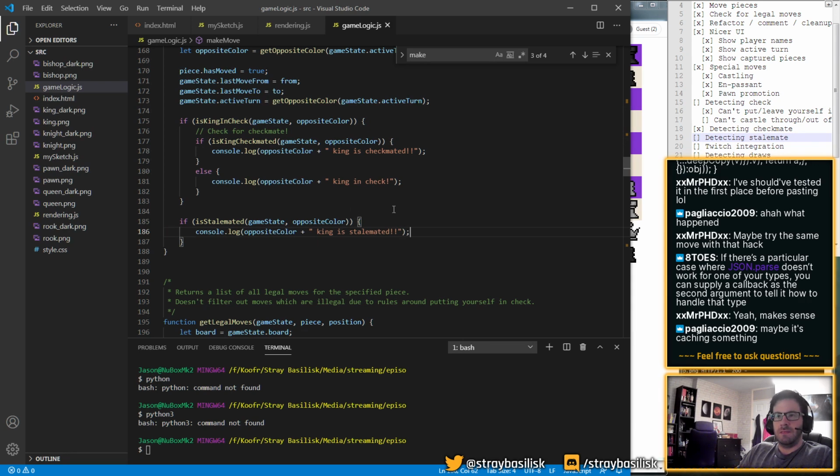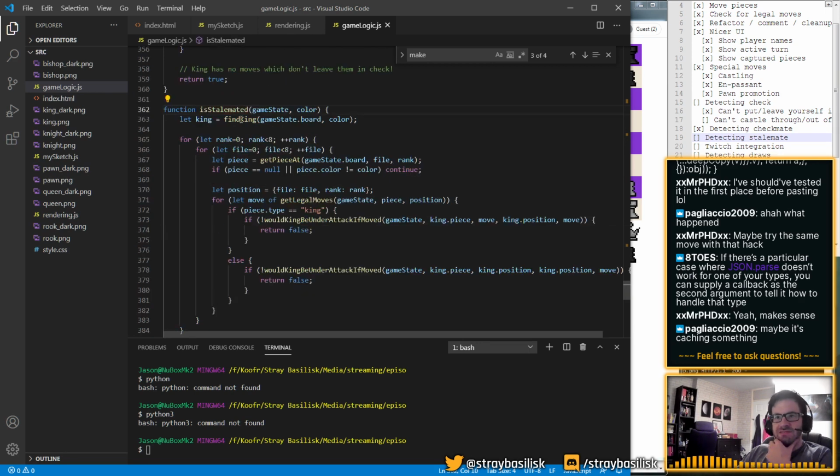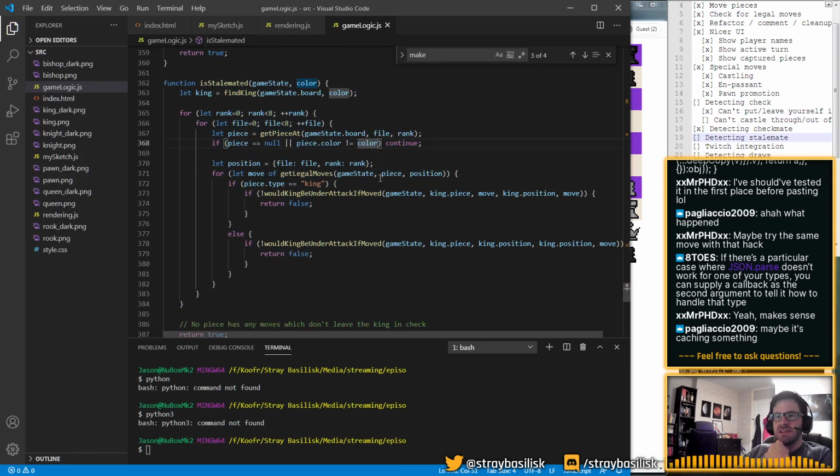Okay. And let me quickly check this again. So we find the king, go through every piece of the king's color. We get its position, that's because we need to refer to it a couple of times. We get all its legal moves, we check.